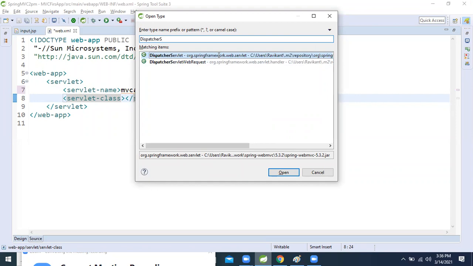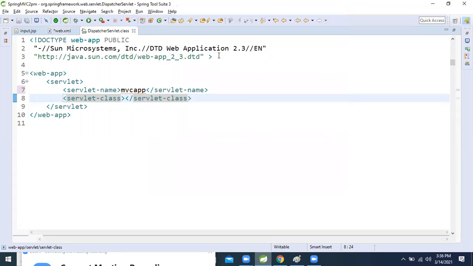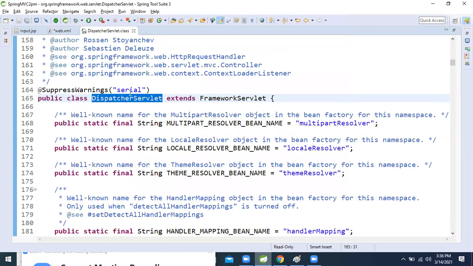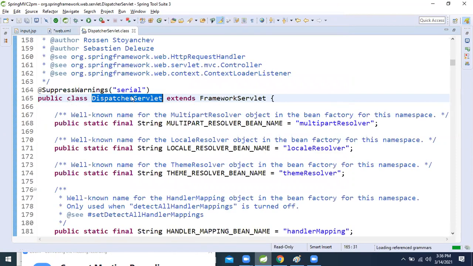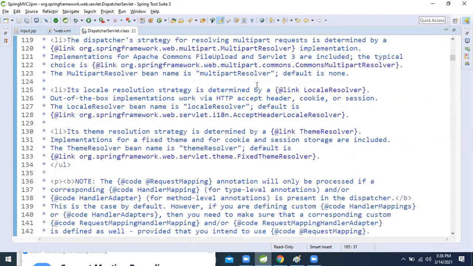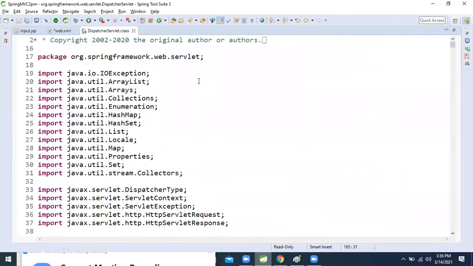Just open this one. Copy the class name. Now paste it here. After that, come back again in the same class only. Come to the very top, and copy the package name.